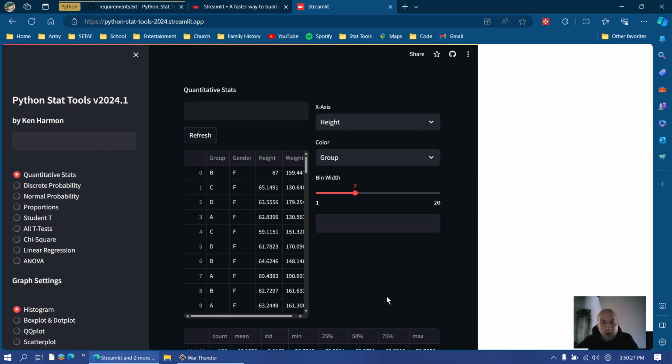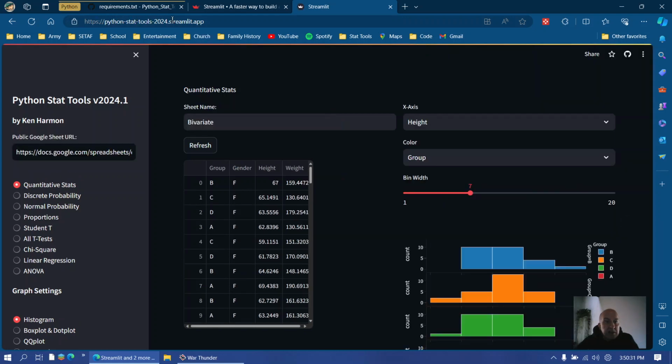Okay, looks like it worked out okay. So there's the address of the program. You can type that in and run the program. Anybody can now that it's up and running. Anybody can type in this address and run the entire program. They'll have to come up with their own Google sheet and put the address in here, but everything else is up and running. If I go back to